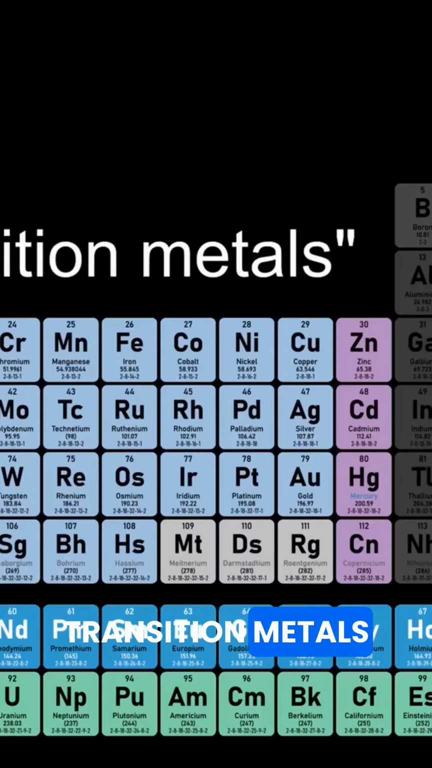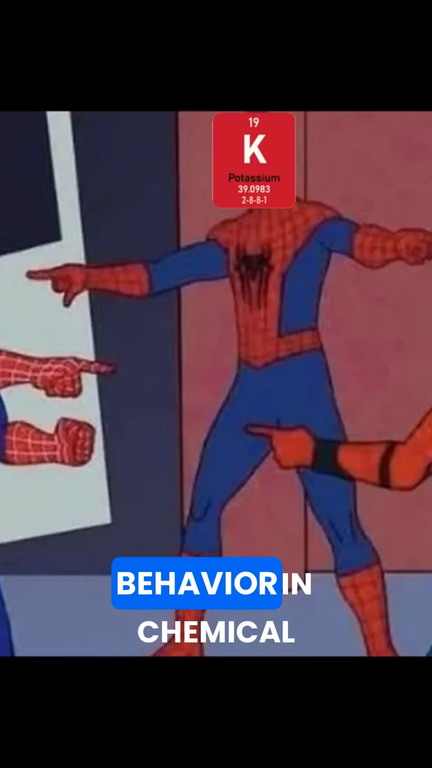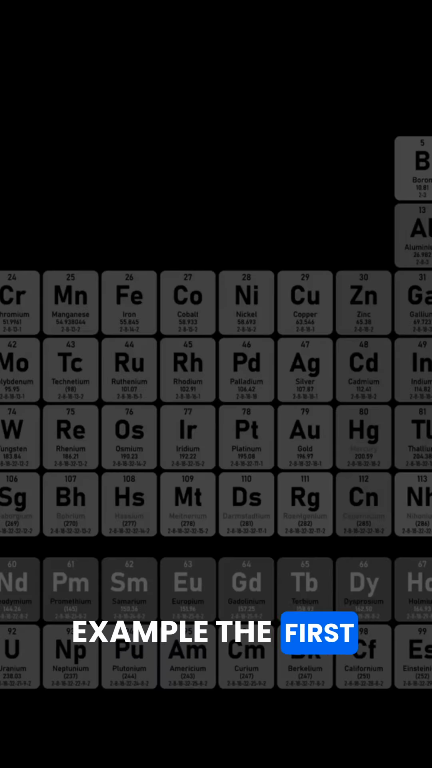Luckily, the transition metals also follow a nice pattern. That was a lie, it's kind of a mess, but that's not so important for now, so we'll get to that later. Elements with the same number of valence electrons tend to show similar behavior in chemical reactions. For example, the first group without hydrogen